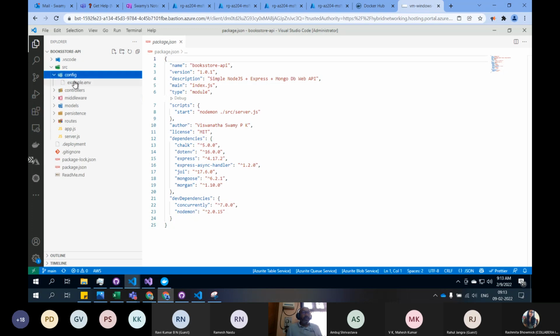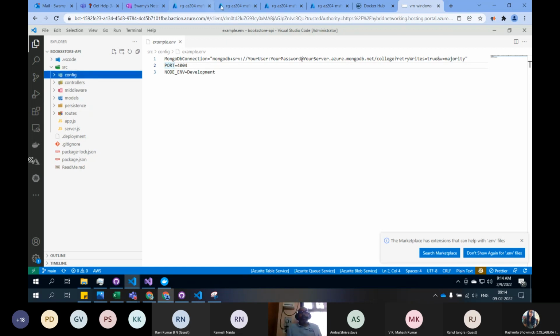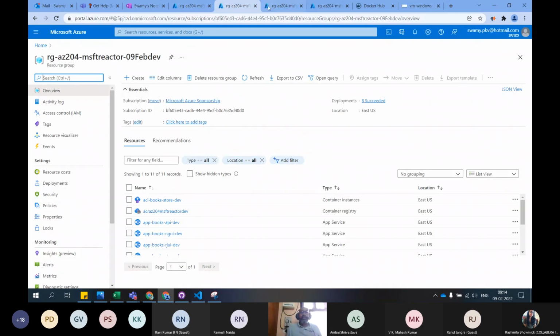The key thing is the example.env, where you need to have the MongoDB connection and the port number I want to execute it on locally, and NODE_ENV, whether it will be production or local. So that being said, let's come and